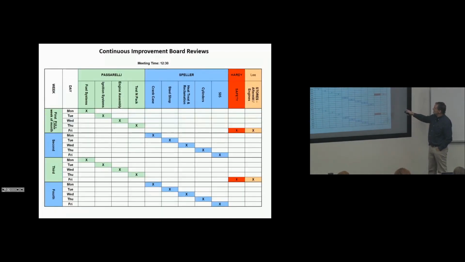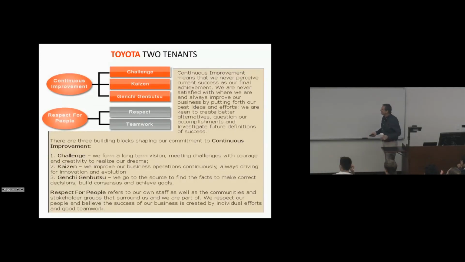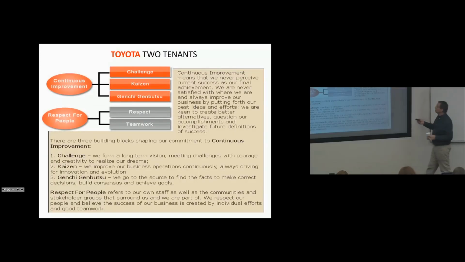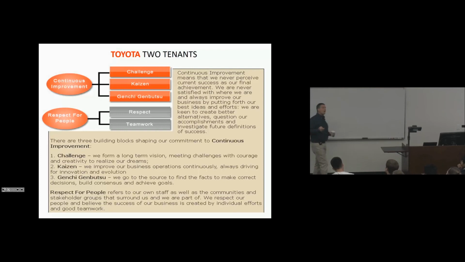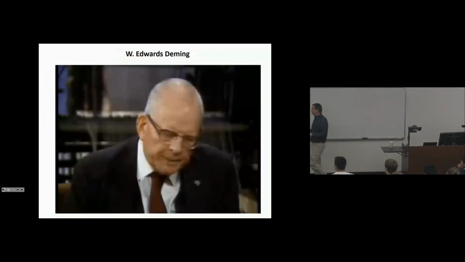This was our schedule at Continental. So we had all these departments and we had them scheduled across the month so that they were all reviewed on a regular basis. And look, this wasn't because of safety, we had a safety board that was separate. We care. So remember, these are the 2 tenets, continuous improvement and respect for people. That's what drives this. We respect people, so we grant the authority to the people who know process better than anyone else. They know every reason why they fail. Give them authority and support what they want. Have a structure in it that does it.